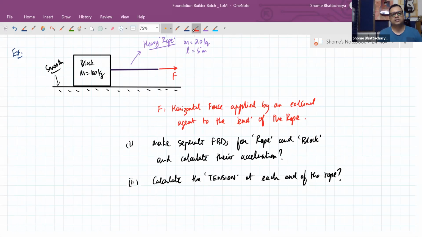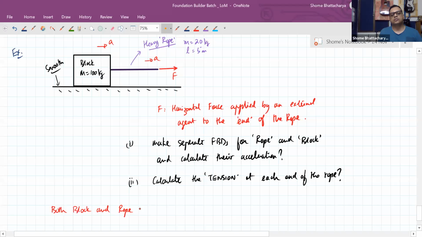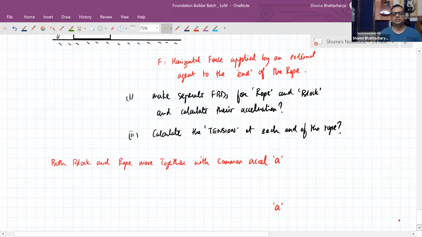Okay, so what will happen is that the moment we start applying this force, this whole system starts accelerating with some acceleration. So both the block and the rope move together with a common acceleration A. Okay, so what is happening here is